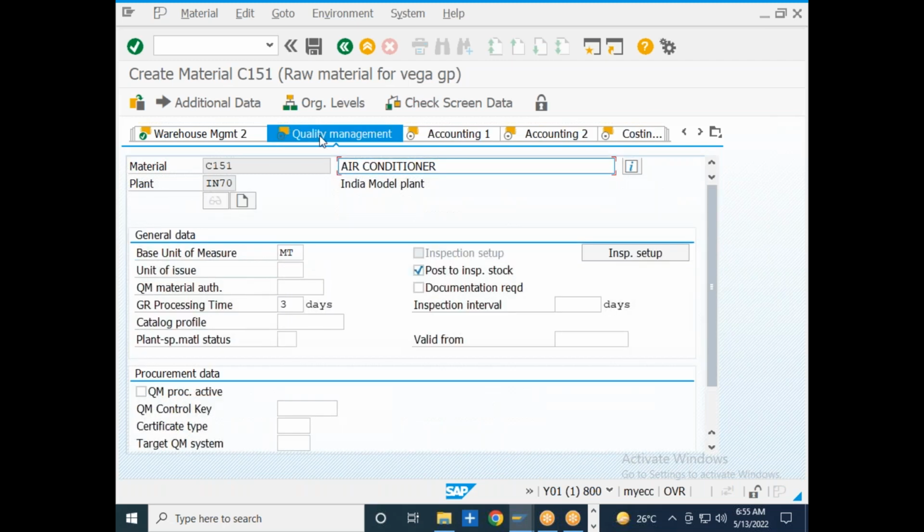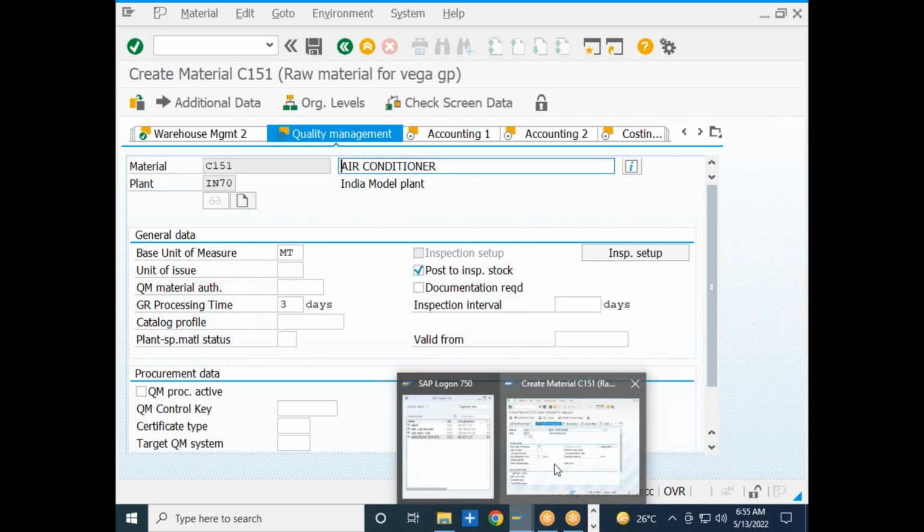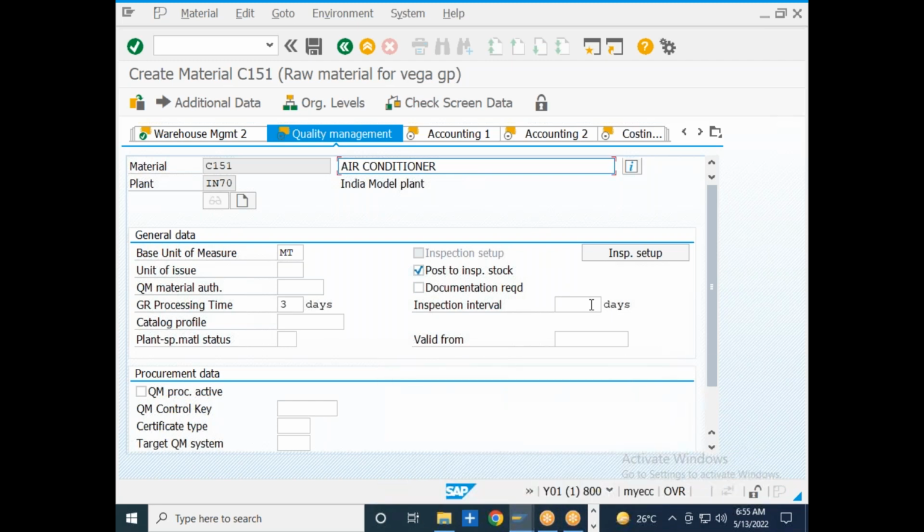So now I am going into the quality management view. The quality management view is mandatory for the quality management consultants. But in the quality management view, let us say a material bearing is coming into your company premises, and once the material came into your company premises you wanted to perform the quality management or the inspection related activities on the material, then you need to make the material